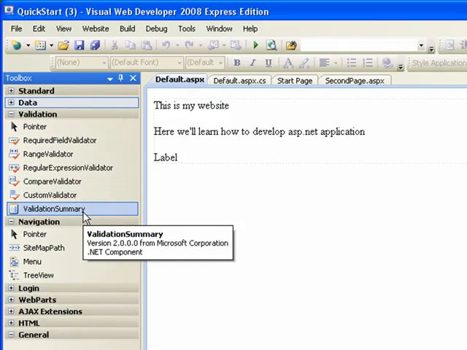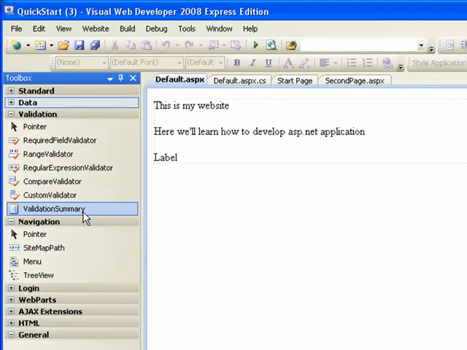And the validation summary makes sure that all the errors, when you get an error that please enter your username, or your username has been taken, or you've entered a wrong email address, or your username is required, all those errors, instead of displaying the errors beside each control, you can actually have a summary of all the errors